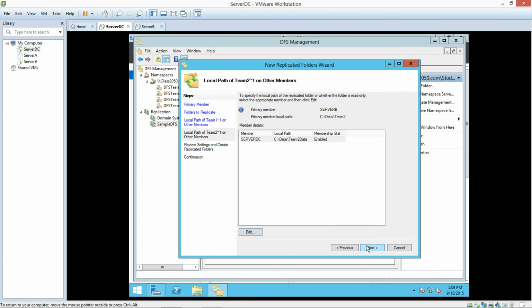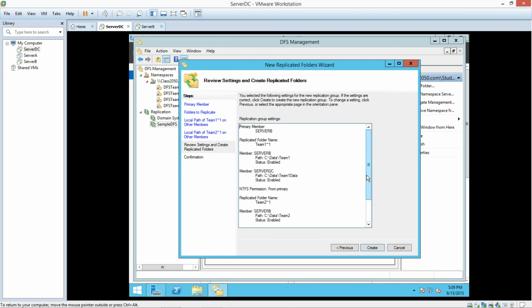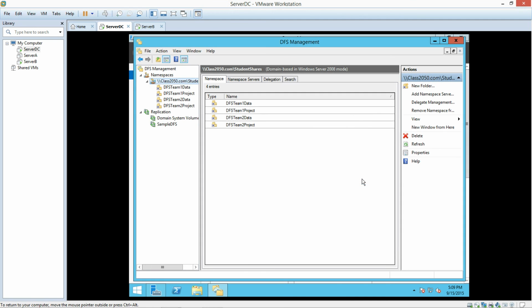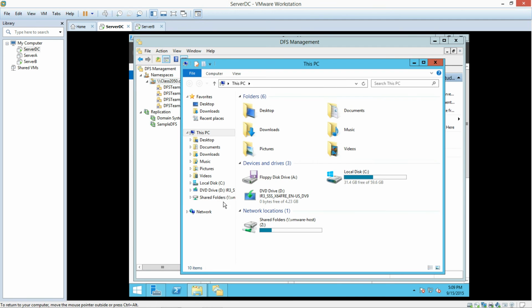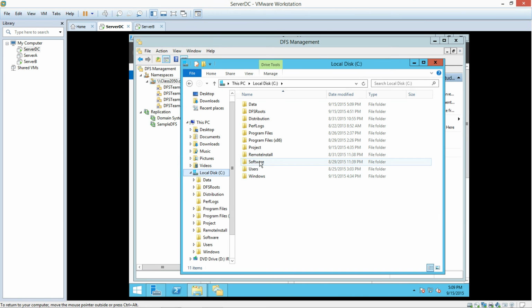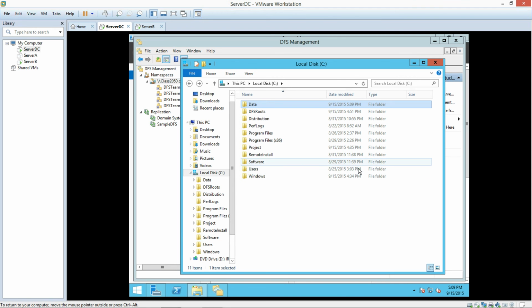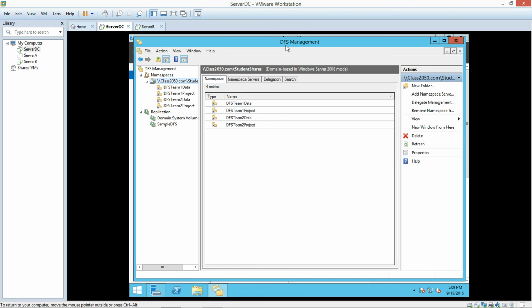Click yes, click next, and check the settings, and they all seem to be correct. And we're going to go to create, and they have been created successfully, and click close, click OK. Now we're going to go to the File Explorer and go to the C drive, and as you can tell, data has been added. Team 1 data and Team 2 data has been added to the server DC. Now we're going to exit out